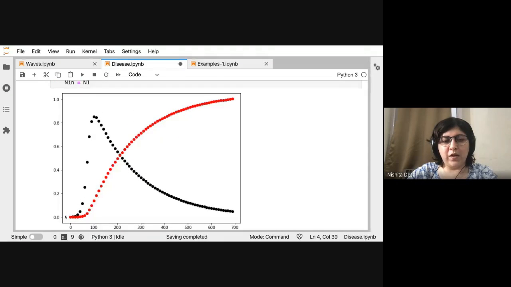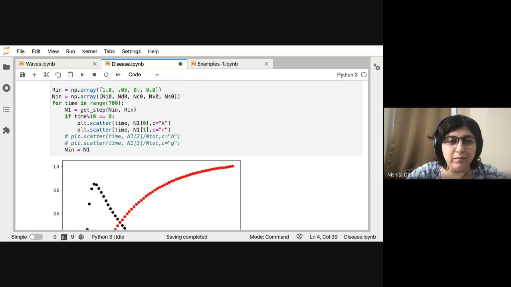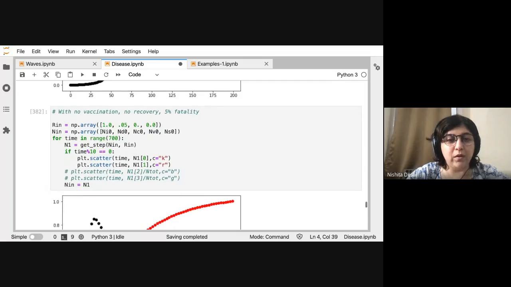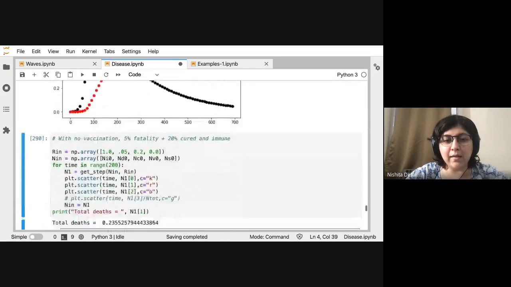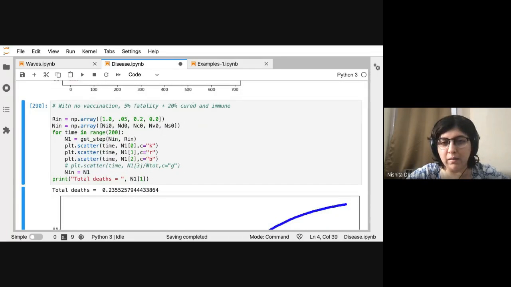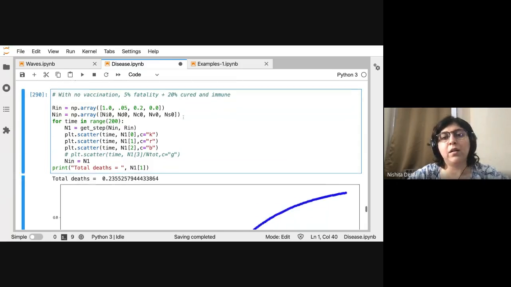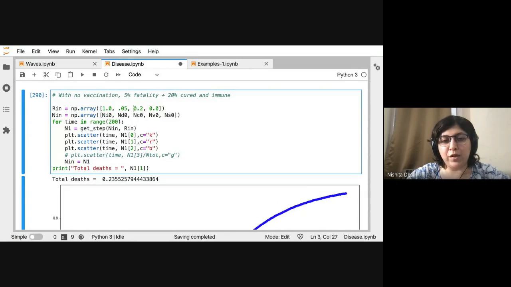And you see this is what it looks like. So eventually the infection is small, then it grows exponentially. As people get infected, also more people start dying, and eventually you have the whole population dying, and nobody's infected anymore because people are dead. Okay, good. So this is the second case. Then we can start having some people cured. So then you add a third coefficient, which is, say, 20% people recover.